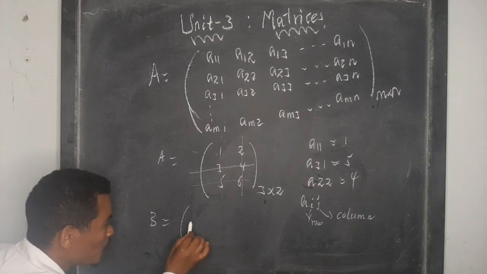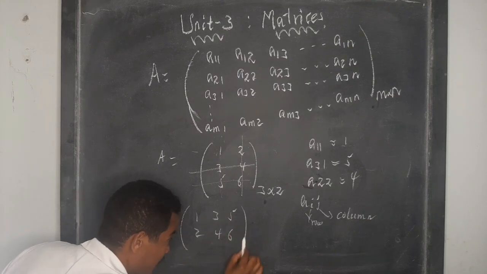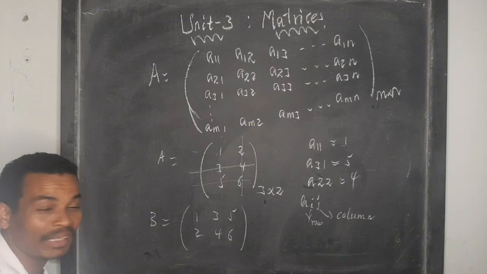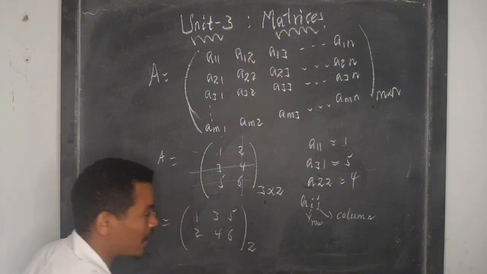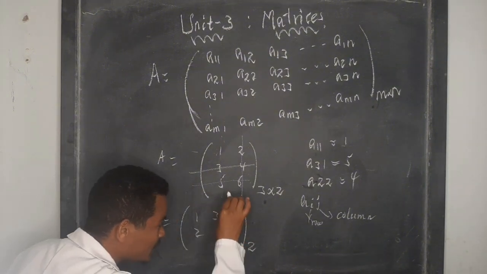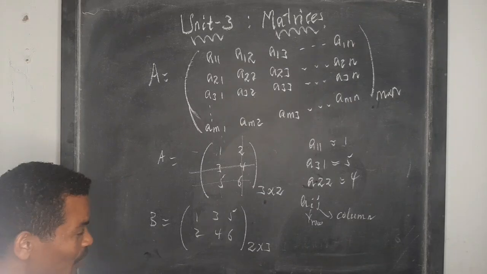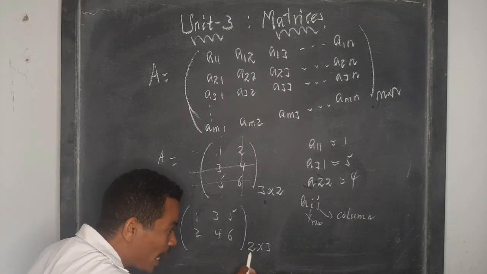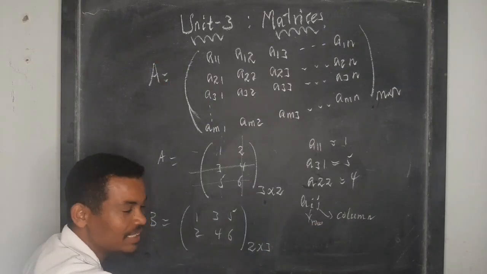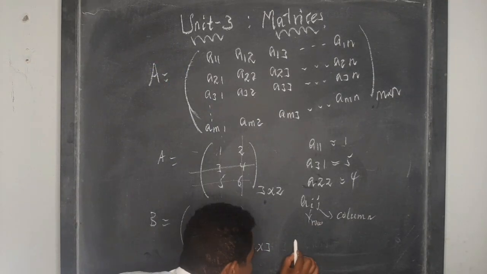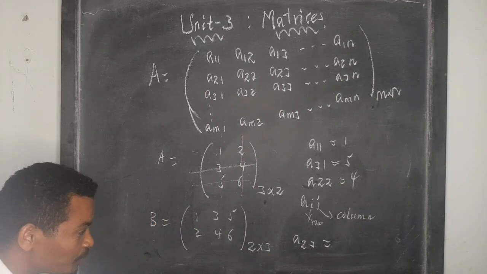እዚህ ይህን ማትሪክስ ራሱ እንደዚህ ብናስቀምጥ 1, 3, 5, 2 ቢሆን የዚህ ማትሪክስ ሳይዝ አሁን ምንድነው የሚሆነው? 1, 2, that is 2 rows አለው። 1, 2, 3 it has 3 columns, so the size of this matrix is 2 by 3 ይሆናል ማለት that is 2 rows and 3 columns አለው። Row ማለት ወደዚህ ነው፣ ኮለም ማለት ደግሞ እንደዚህ ካውንት ማድረግ ማለት ነው።